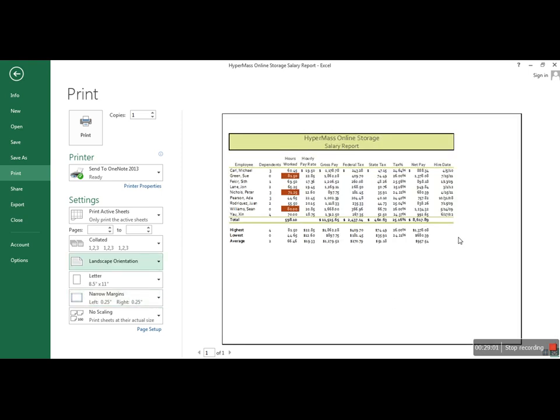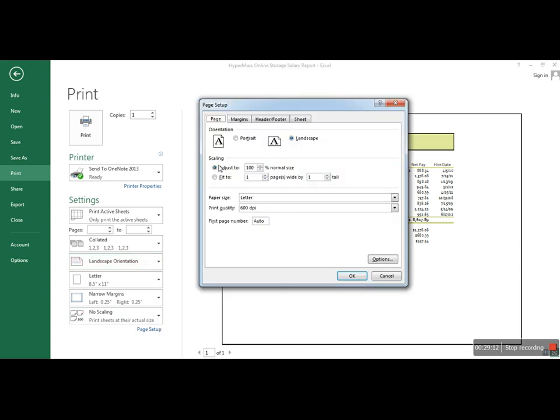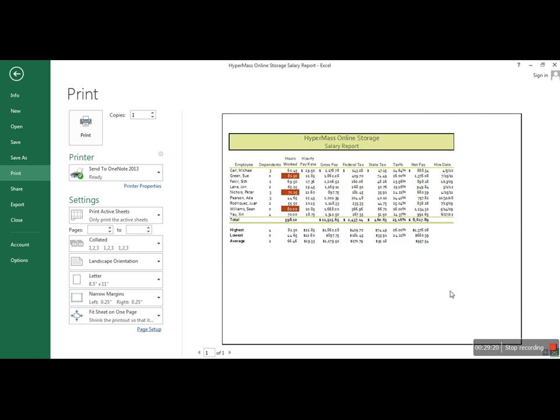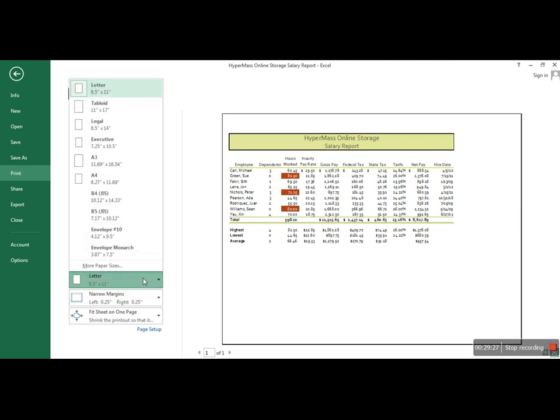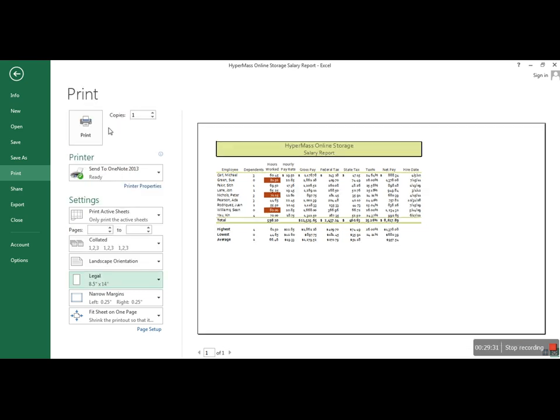Now, even if after you set it to landscape your worksheet still spreads across 2 or more pages, there's a way to make some adjustments to that too. So if you go to Page Setup, you have an option that says Fit To, and it has 1 page wide by 1 page tall. When you select that, it should adjust the spreadsheet so that it fits on 1 sheet of paper. And you're free to actually change the type of paper too. Maybe you want more space and you prefer a legal paper instead of